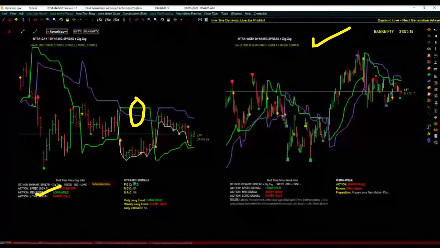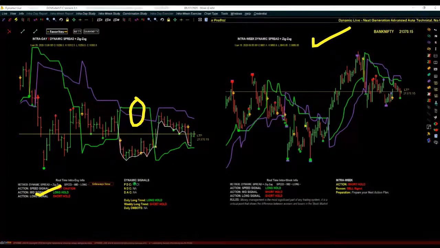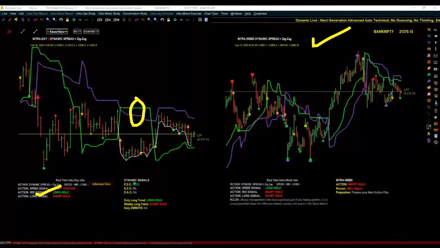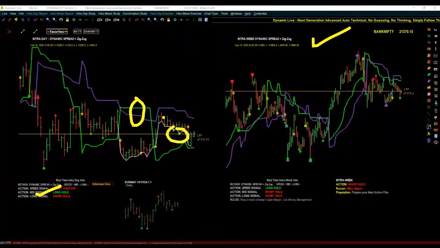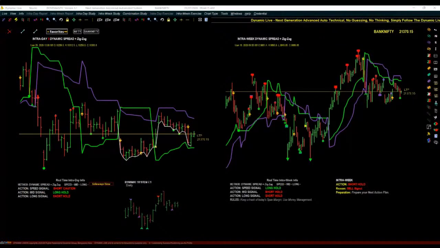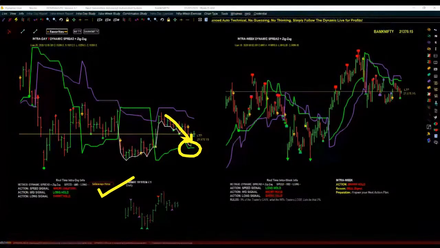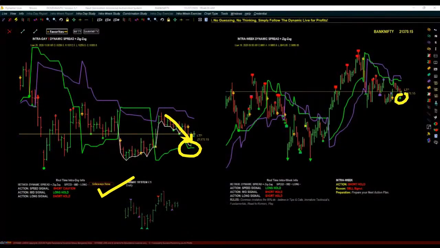Once we got into the spread view, as the price was coming down, these zigzag cautions we wouldn't have taken any action on, as there is not much significance there. But as the price comes down, once there is a mid signal edge point here, and you can also see intraday 3 is in sideways now, and there is an intra-week tiny caution at the bottom. At the same time, as we are also tracking Nifty, in Nifty there was an intra-week long signal edge point wherein we would have exited